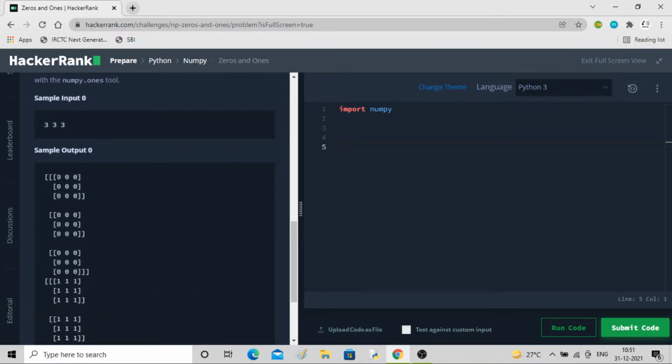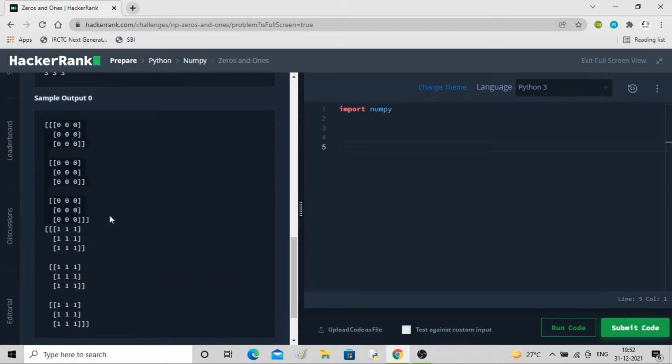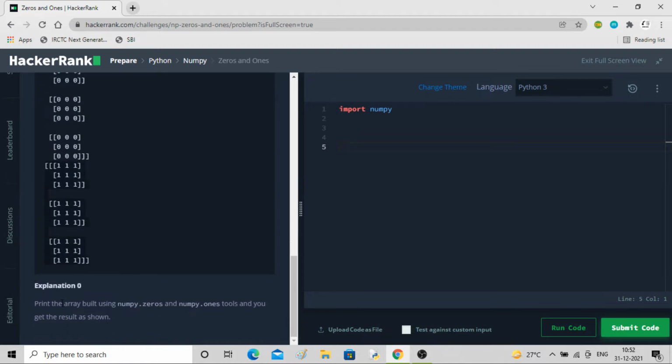You can see this is the first 3 cross 3, then this is the second 3 cross 3, and this is the third 3 cross 3. So in total 3 cross 3 cross 3. This is one array of 3 cross 3 cross 3 filled with zeros of integer type, and the other one is filled with ones of integer type. Print the arrays built using numpy zeros and ones tools, and you get the result as shown.